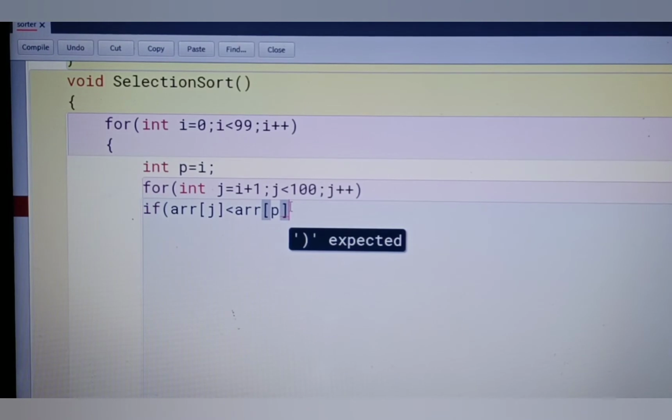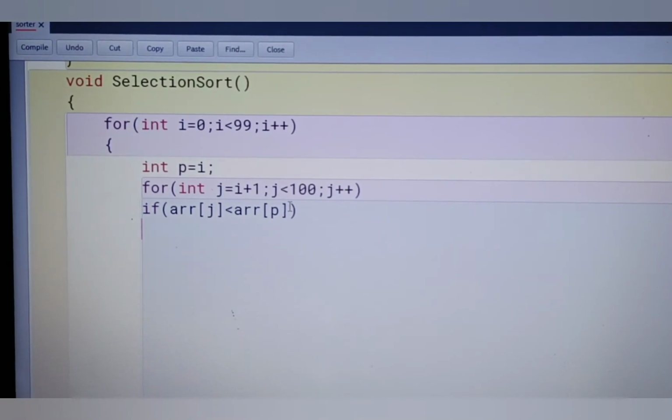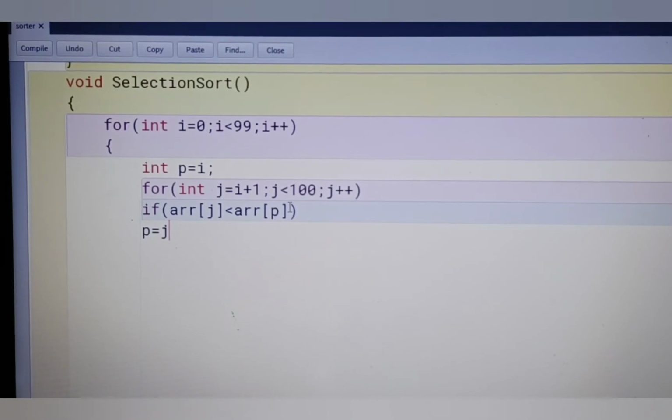If this condition is true, then p is equal to j, meaning p is initialized by copying the j value.